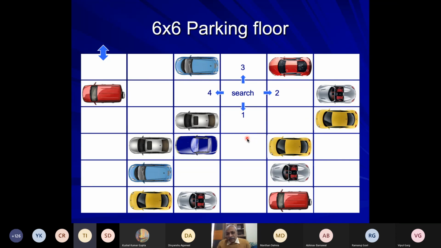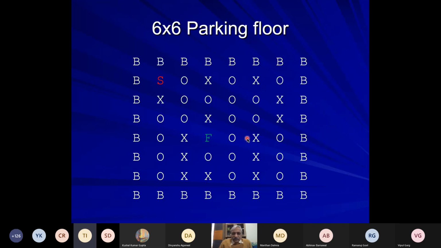So step by step, you look for paths. You look in all directions and see which direction eventually becomes successful. Okay. So we'll do this as a recursive program, and I'm representing the structure